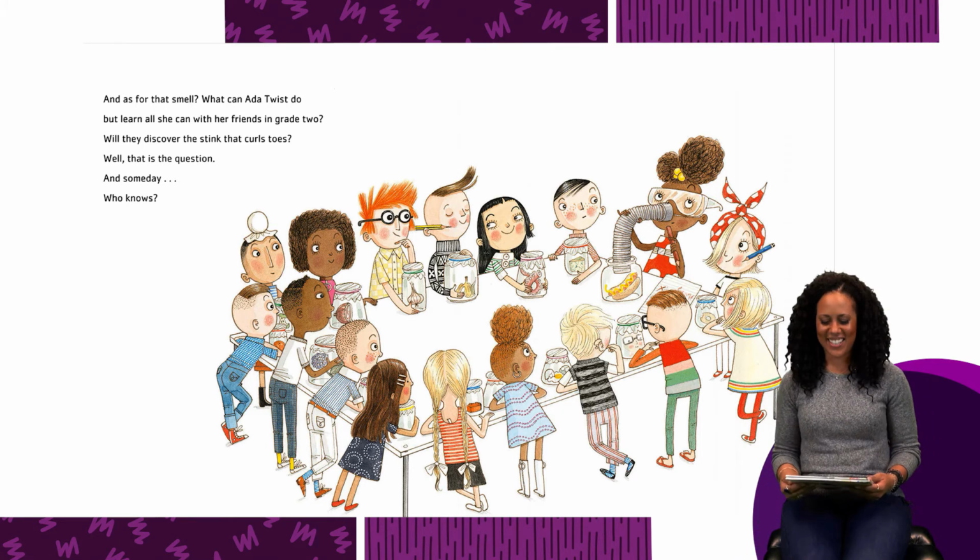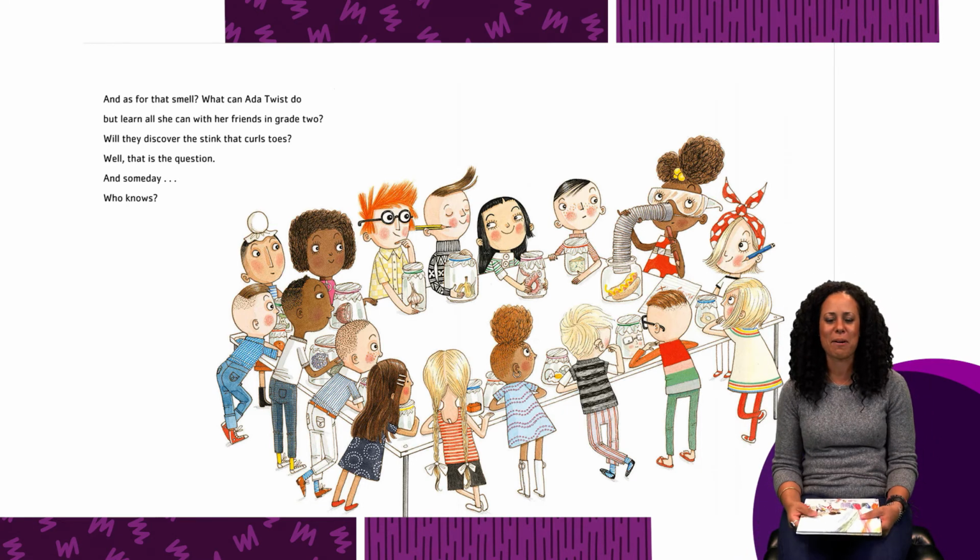Oh, Ada Twist, scientist. My goodness gracious, what a wonderful joy to read that book with you today. Oh, that Ada Twist, my goodness, she's such a curious young person, and I love that about her. Now, her parents were sometimes overwhelmed. There was some vocabulary in that book that I'd like to review with you, and as we do that,